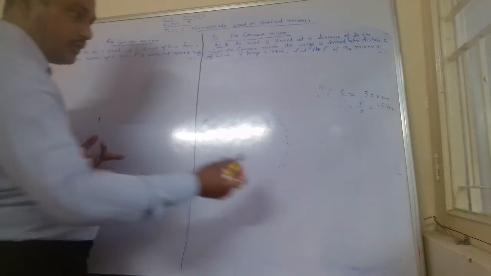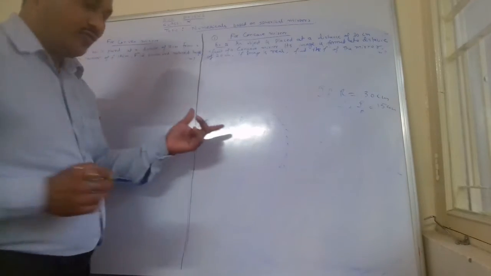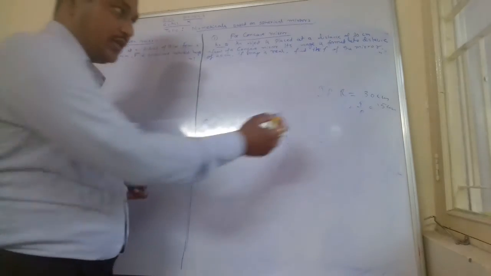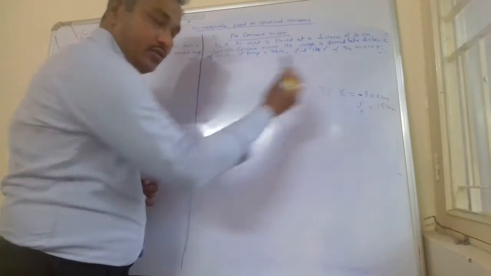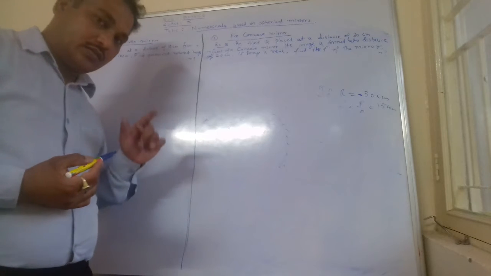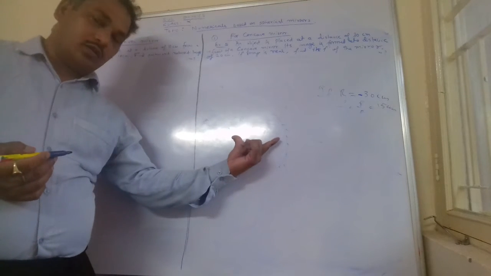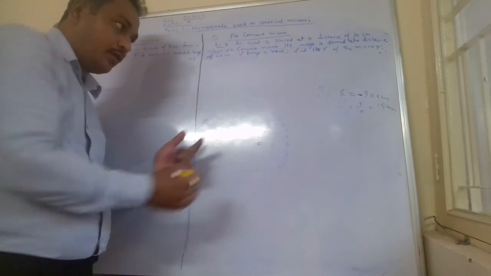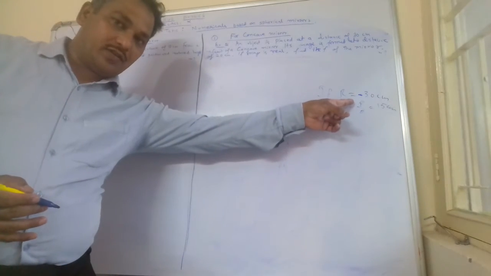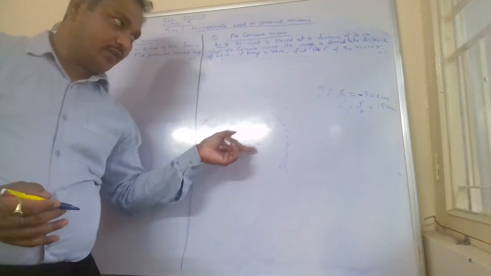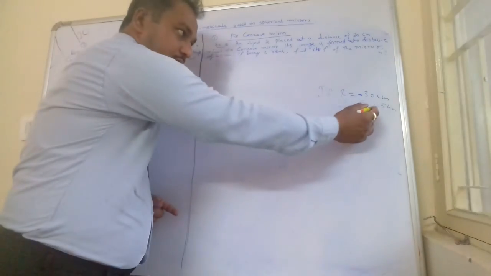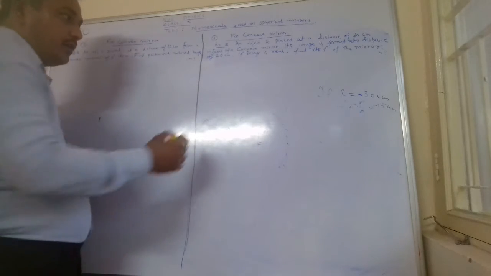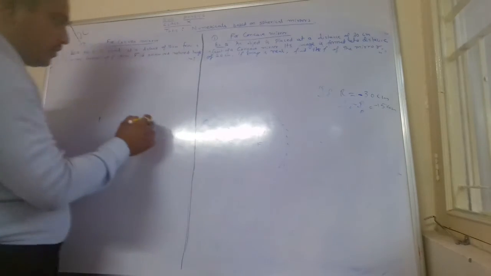Similarly for convex mirror, here one thing you have to make it clear: r is on the left hand side, so for the radius you will put a minus sign automatically by using the new Cartesian sign convention. So for the concave mirror, it is on the left hand side, we will put the minus sign in the given value of r. Similarly focal length we are calculating, automatically it will come as negative, minus 15 cm, right? Okay, now let us see for the convex mirror.